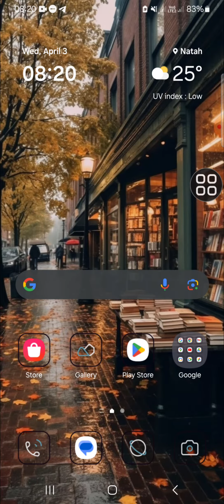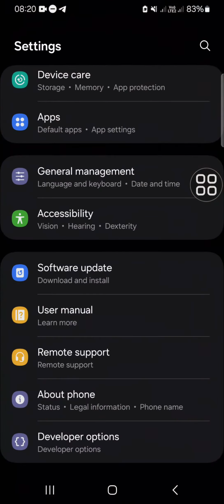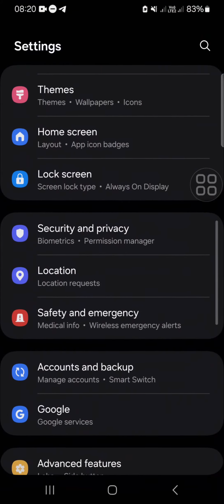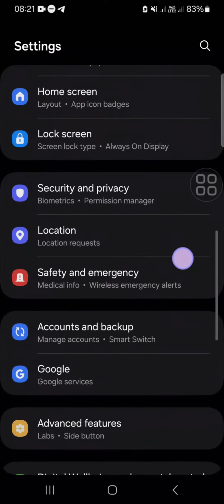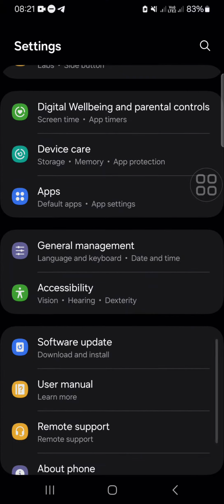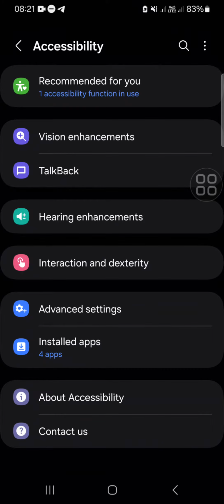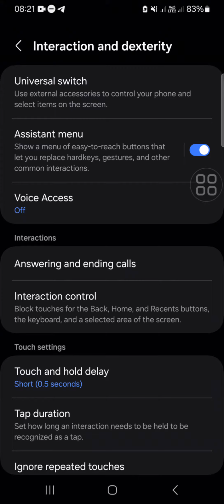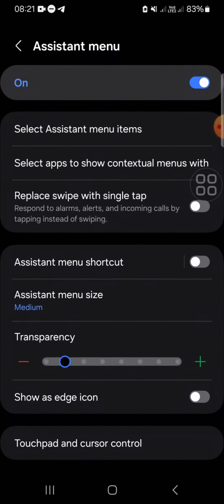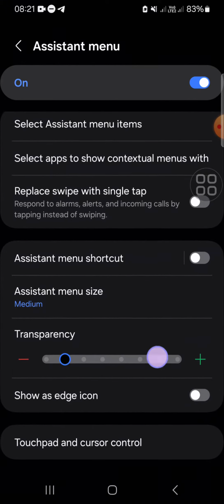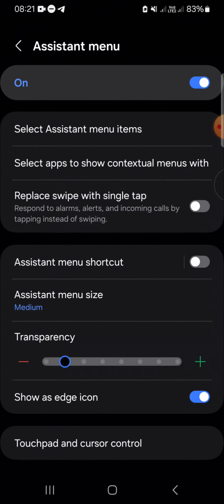So first of all, we need to go to our settings application, and after we have our settings application opened, we can go to the accessibility setting to open the assistant menu. Okay, and after that we just need to click on interaction and dexterity, and here we need to click on assistant menu. Okay, and here we need to scroll down until we find the show as edge icon right here,